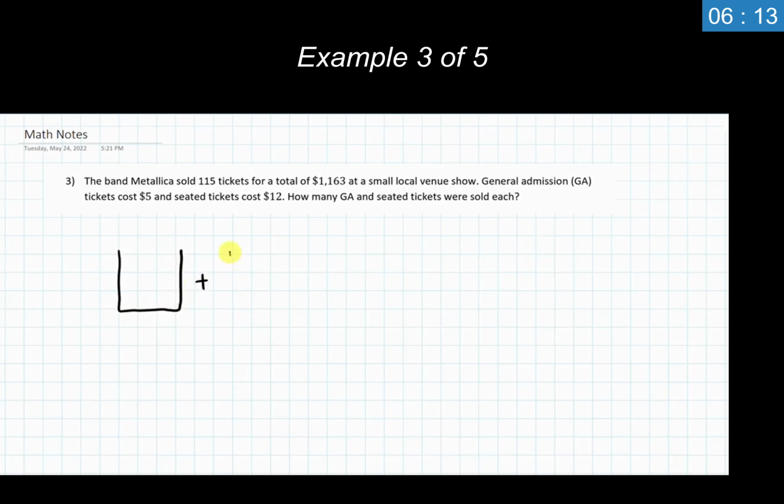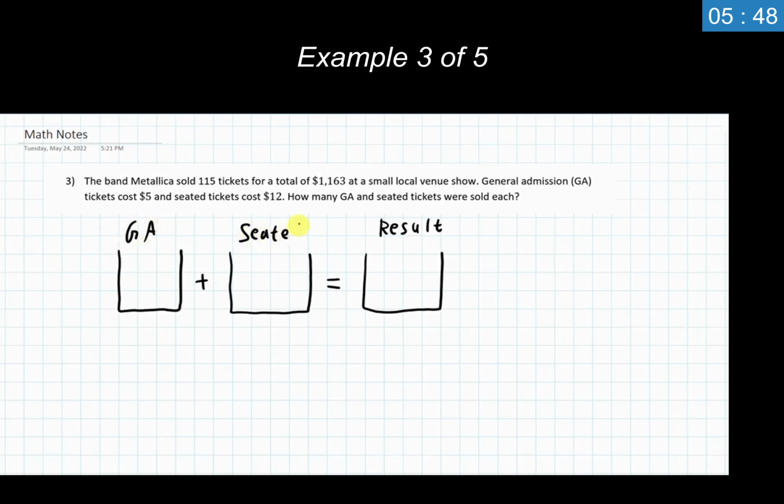but you could just as easily use the table if you would like to, or maybe try a different method if you're really feeling inclined to try something else with these. Lots of options, or just pick one and commit to it. So we have two things mixing together, and then we have a result at the very end. We have GA tickets and we have seated tickets. So we're just going to put a little GA and seated in here. It doesn't need to be super elaborate, but some way to tell this is the information related to the GA, the general admission tickets, and this relates to the seated tickets.